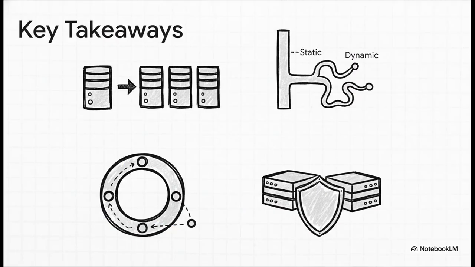Okay, let's wrap this up with the key takeaways. First, if you're going to scale out with lots of servers, which you are, a load balancer is non-negotiable. Second, the brains of that load balancer are its algorithms, which come in two flavors: the simple, dumb, static ones, and the clever, smart, dynamic ones. Third, and this is a big one, if you care about caching performance, consistent hashing is an absolute game changer. And finally, don't forget that your load balancer needs a backup. You have to plan for failure to avoid creating a single point of failure.